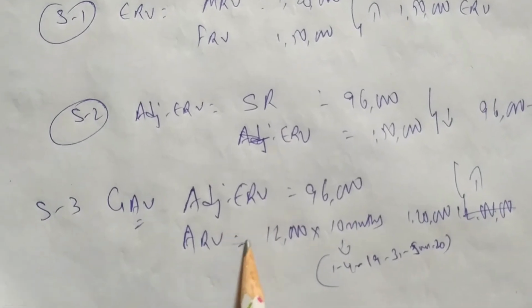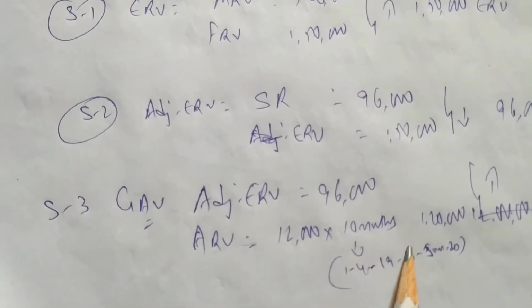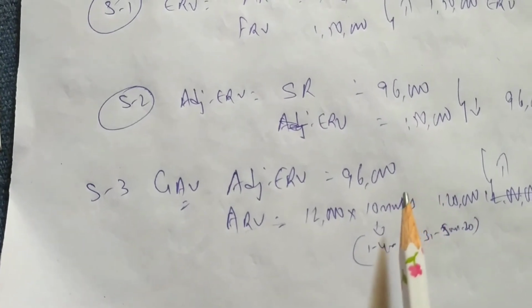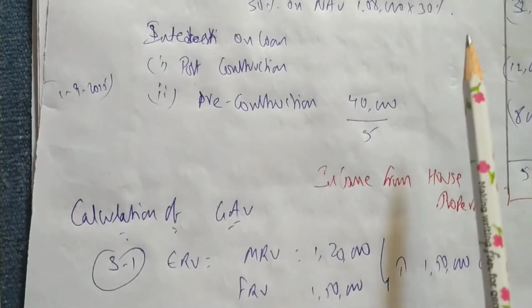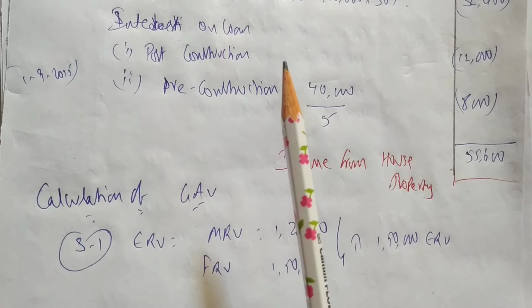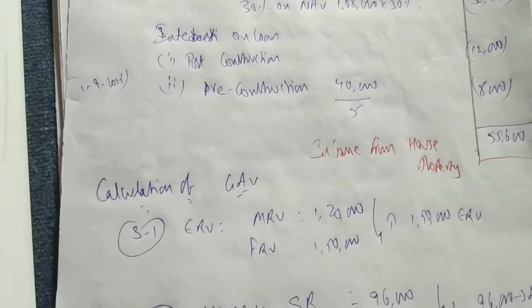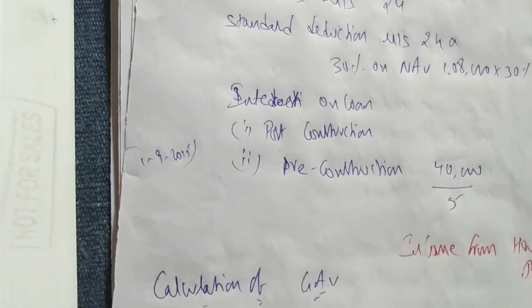The only change in this problem, the new point, is ARV. Rest is same. ARV you have to take only for 10 months. Okay. So if he says the same building is given for rent for 10 months or more, you can do like this. Or separately, do like the earlier problem we have done, or the 8th problem we have done, in that same manner you can do. Okay. Chalo. Next. We'll do the 12th problem.